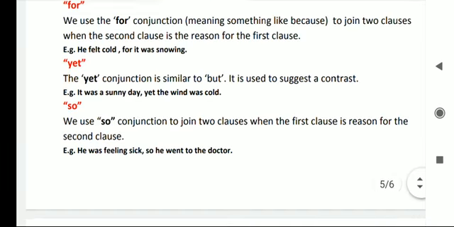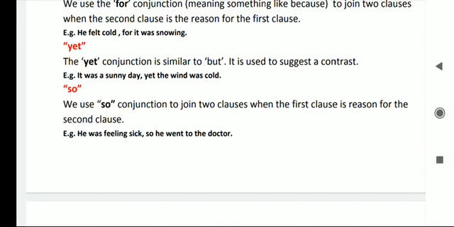सो अब yet कहाँ पे इस्तेमाल करते हैं? The yet conjunction is similar to but it is used to suggest a contrast, right? It was a sunny day, yet the wind was cold। यहाँ पे भी ये इस्तेमाल वहाँ पे किया जाता है जहाँ पे कंट्रास्ट होता है।